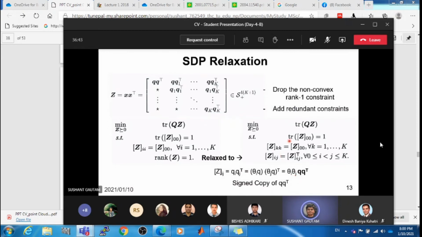This relaxation made this an exactly convex problem. We can now guarantee that a global optimum is achieved with those relaxed constraints. However, a global optimum of the original problem still cannot be guaranteed. Only of the relaxed case is guaranteed. So we optimize q and theta k. That is what we are doing, right? Theta k and q from this convex problem give both rotation and correspondence. q will give pose or rotation. Theta k will give correspondence. Hence, this method is justified as a simultaneous pose and correspondence, SPC, approach, which I mentioned in my first slide.